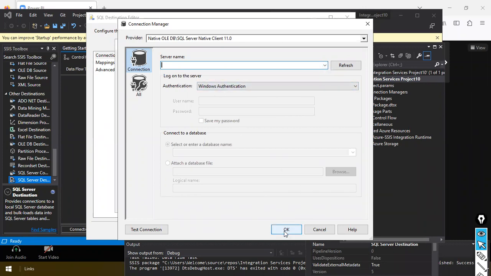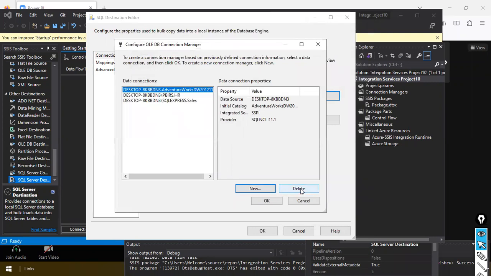Log on to the server. Okay, one second, let me cancel it. And here I'll just change it.